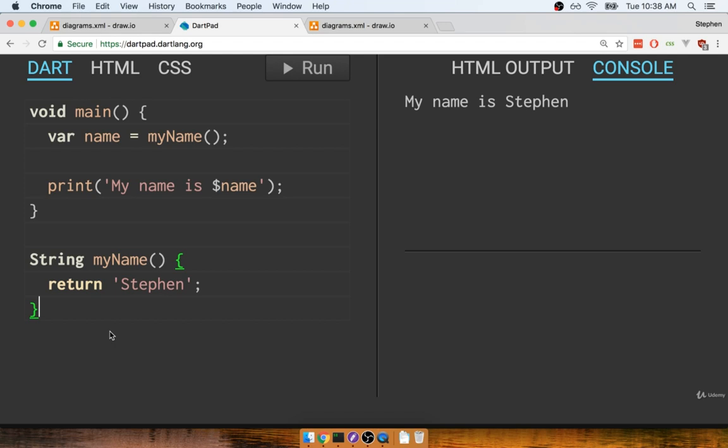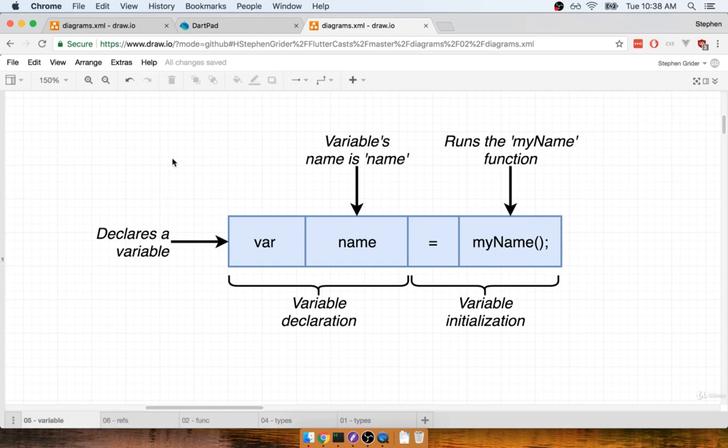And so that's exactly what we're going to do. In this section, we're going to start with this first line of code right here, and we're going to tear this thing apart piece by piece and get a better idea of what's going on behind the scenes. So let's get to it. In this diagram right here, I took that line and put it into a series of different blue boxes.